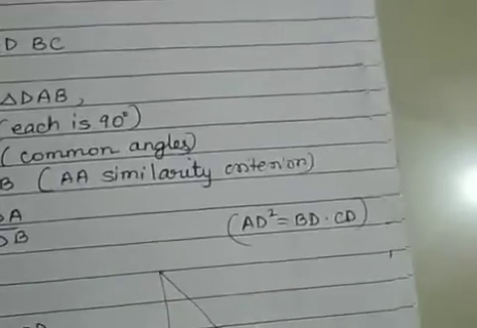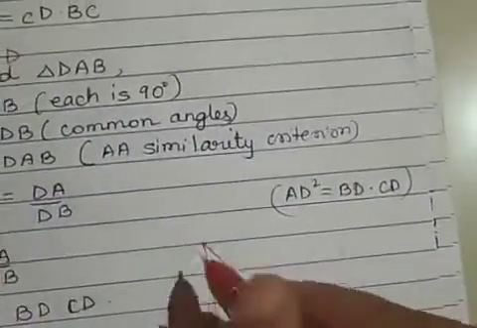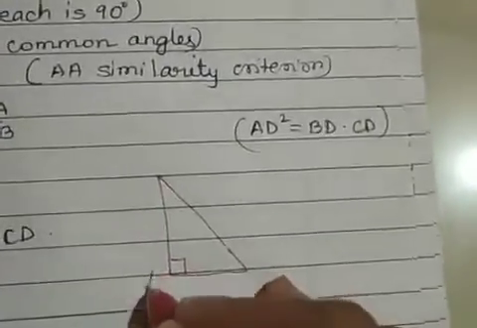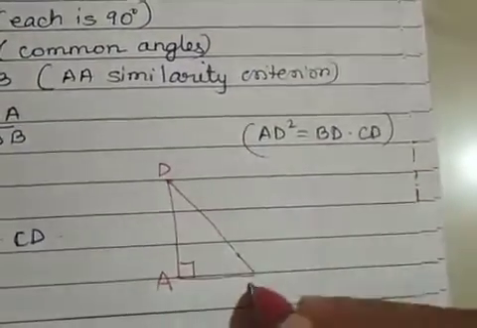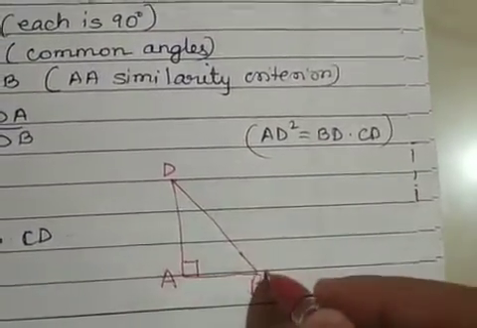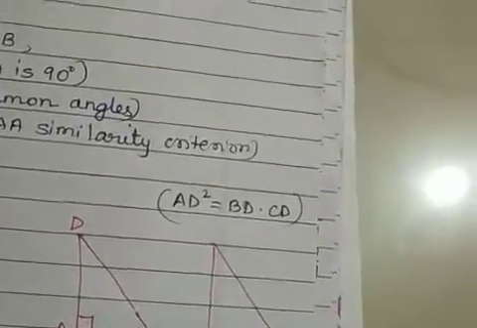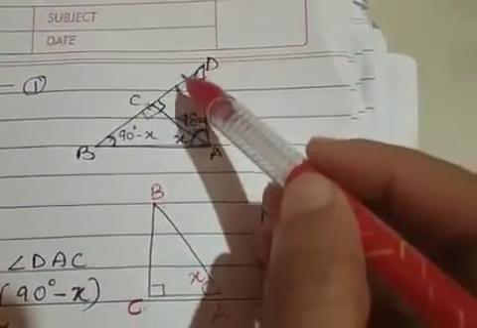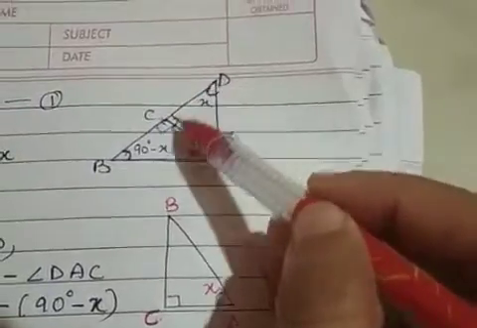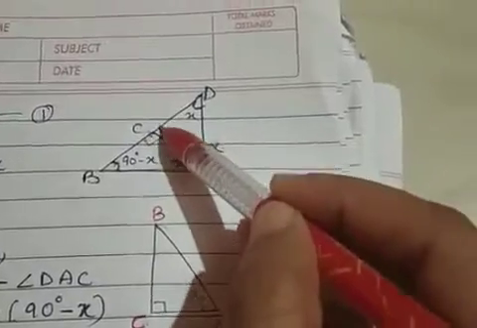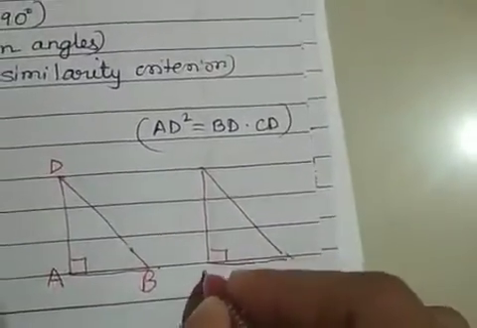So we have one big triangle which is DAB, and where it is 90 degrees, DAB 90 degrees is at A. So you take this as A, and you can take this as D and this as B. So you have DAB. Now you have to find the other triangle which is corresponding to this one. So if you look at the figure, the other angle which is at 90 degrees, which is the other triangle, you need CD. So the other triangle is this triangle DCA. Now it is 90 degrees at C, so this has to be C.